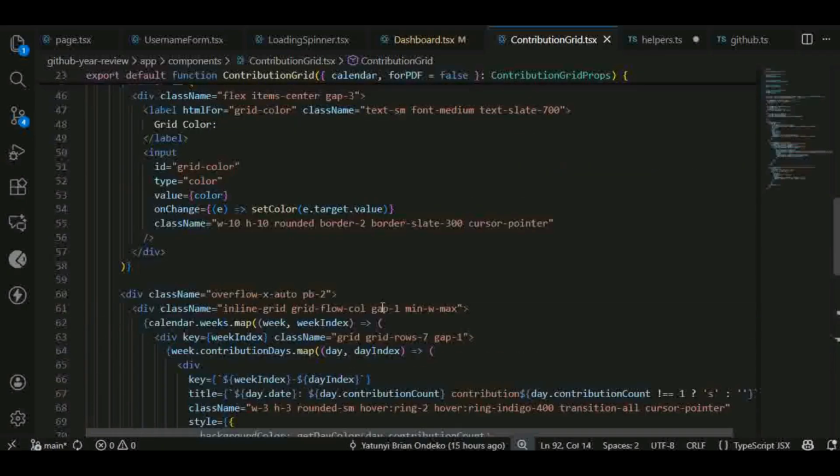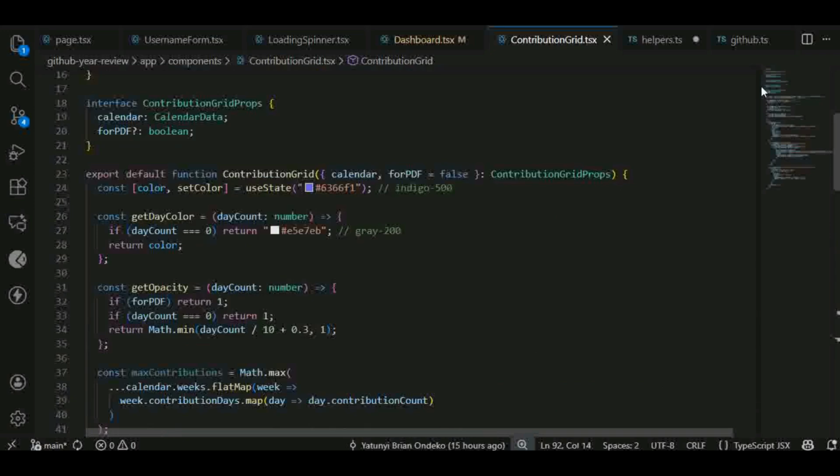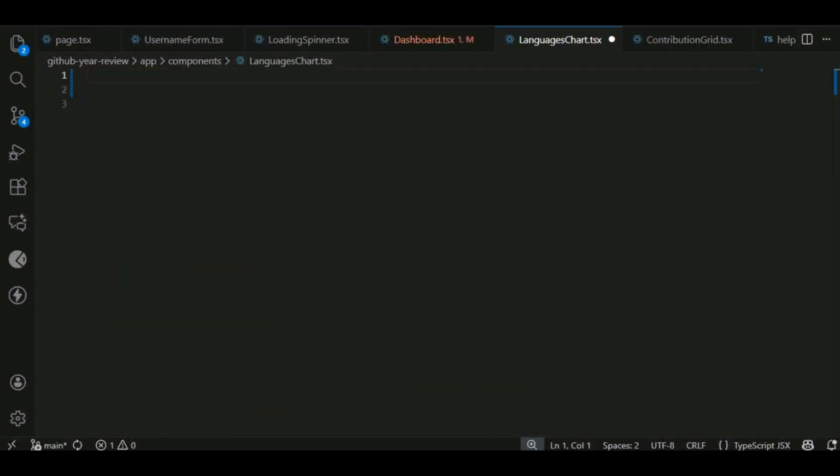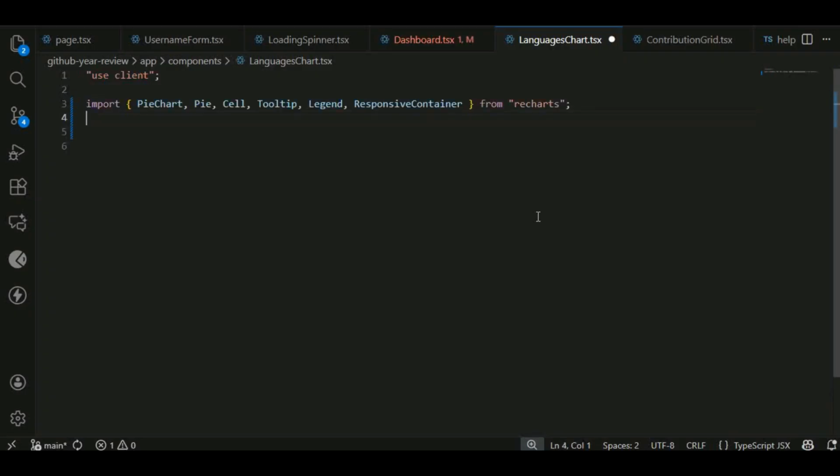Okay, so the next part I want us to look at is in regards to the stats card. Yeah, I think the stats card. Let's do that. Now I want us to finish this languages chart. So let's put that use file. Then I'm going to import